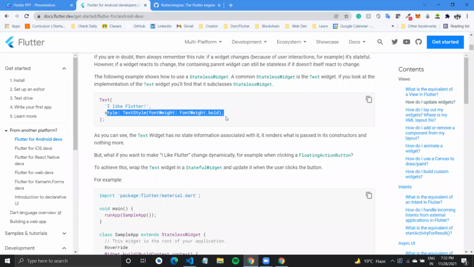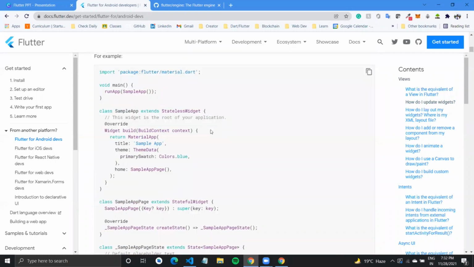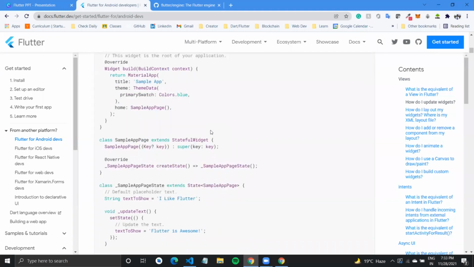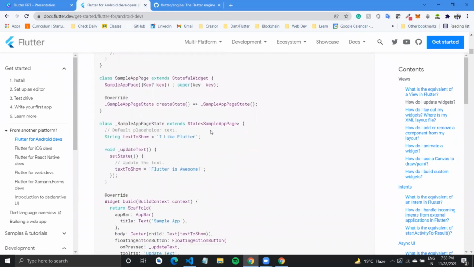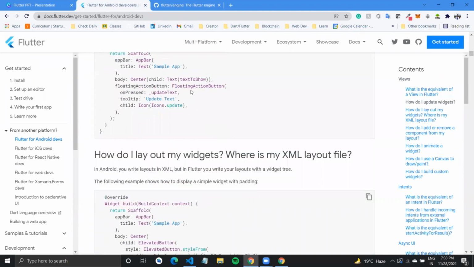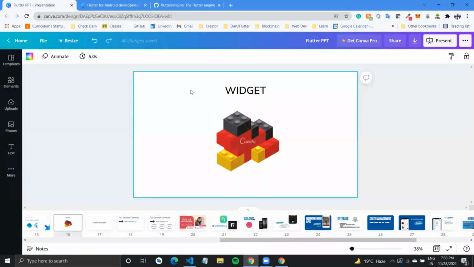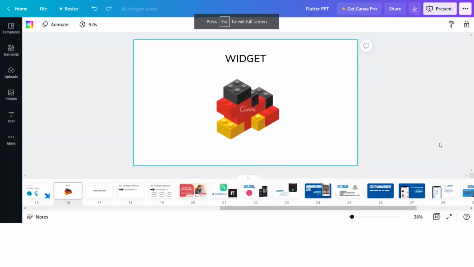Maybe because you were doing it differently in Android. I'm not much familiar with that, but there is an XML file and you can add interactivity in a different file. So in Flutter, most of it goes in together. If you have a text widget, you can wrap it with a gesture detector if you want to add certain functionality to it. You put in the style in the same widget, so in the same building block, everything goes into that. And it is very, very simple to start with. It might be intimidating in the first go, but if you know Android development, Flutter has a very short learning curve. So yeah, let's just continue with the presentation.